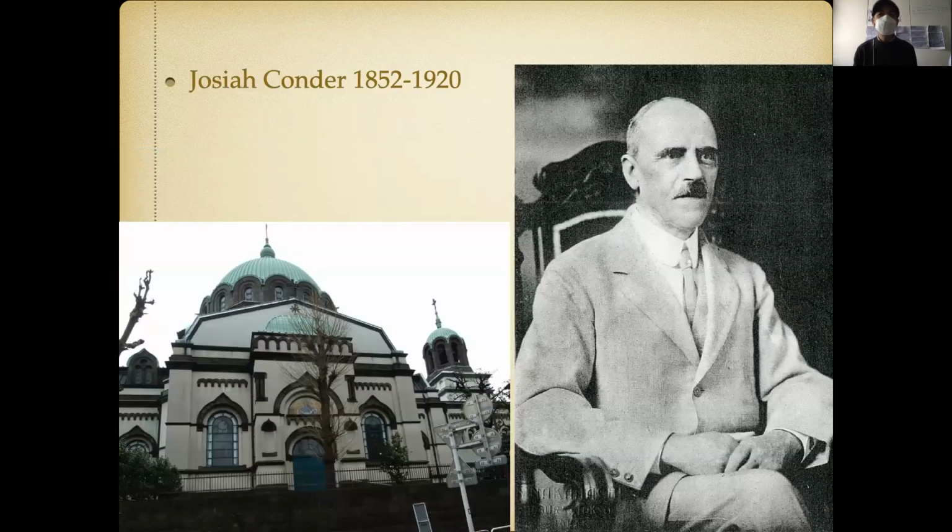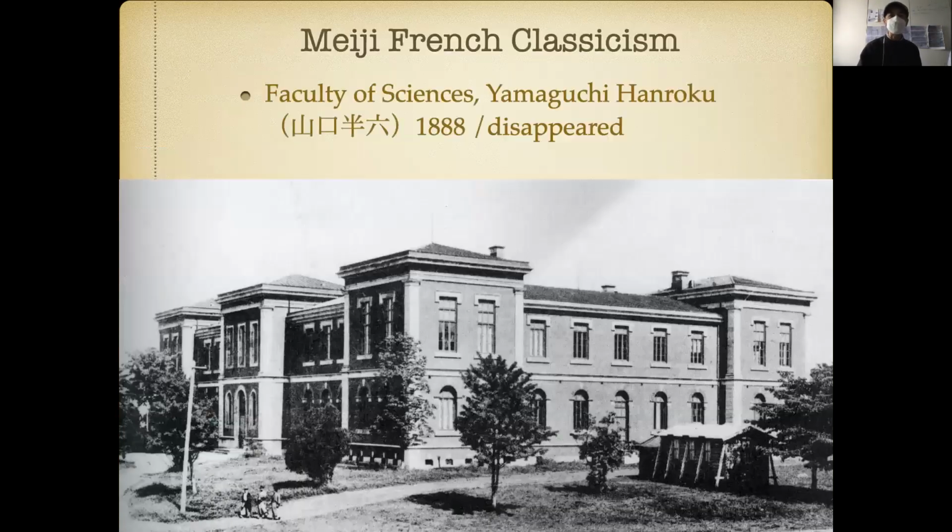This is Mr. Kondo. So he was really young when he went to Japan. He was teaching for 8 years. He married a Japanese lady, and then he opened his practice and he remained in Japan for life. Many of his buildings, like the campus, were destroyed with the earthquake of 1923, maybe, but some remain. And some of the remaining buildings is the Orthodox Church, right? I don't know if this looks very Russian or not, but still you can see it in Tokyo, right? And he seemed the typical English gentleman. He looked happy in the photo. He looked, oh, I had my stand here.